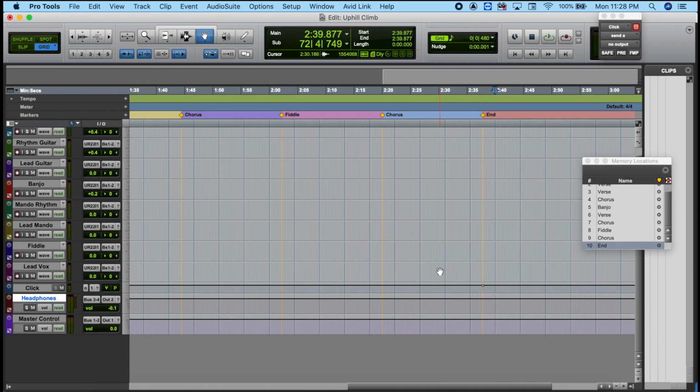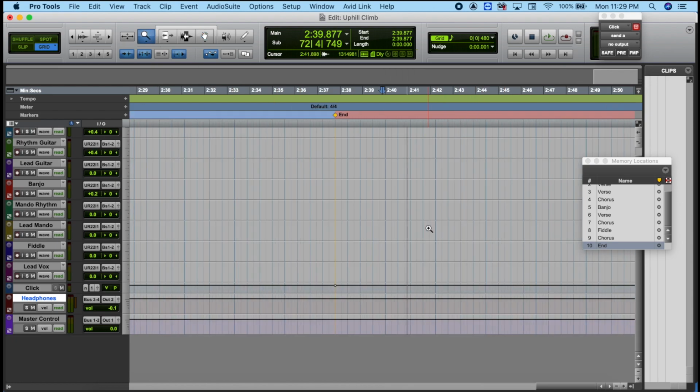So what I do is I want to turn down my click track at that final point, because if I just leave it going, chances are you'll probably be able to hear the click bleeding through when I'm recording, and you don't want to do that. So what I'm going to do is automate this. So you can automate it